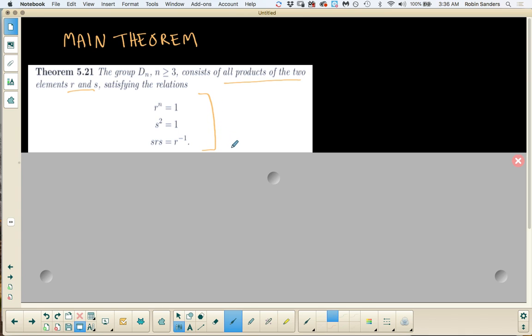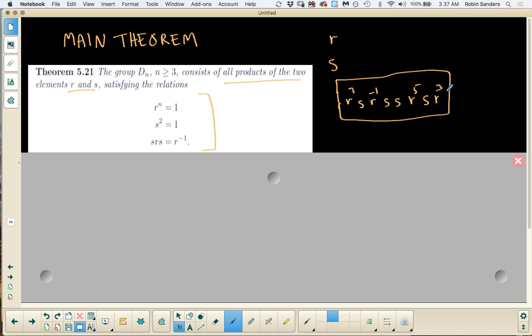What this basically means is that you can take one element named R and one element named S, and no matter how you string the R's and S's together, so let's do R cubed, S, R to the 5th, S, S, R to the minus 1, S, R to the 7th, this would be some element